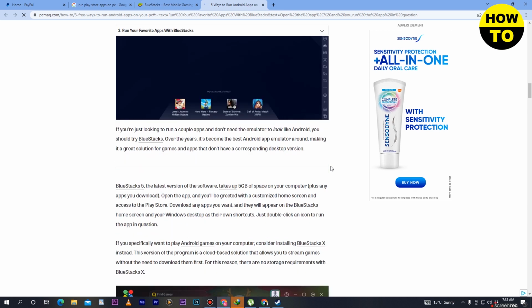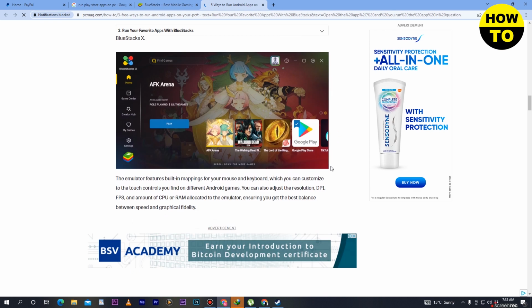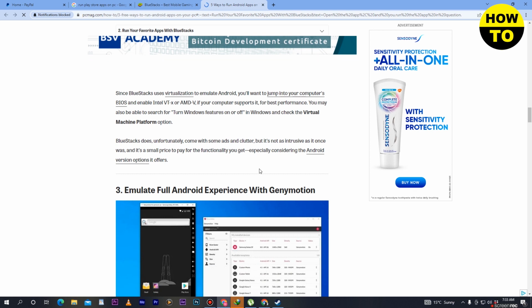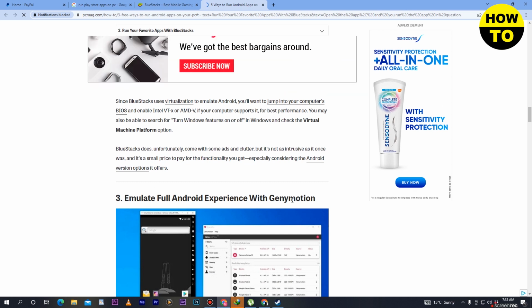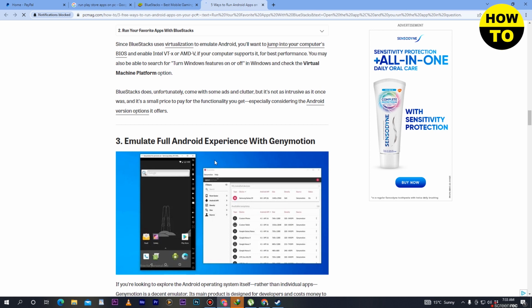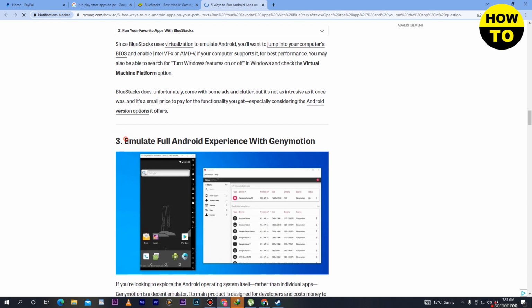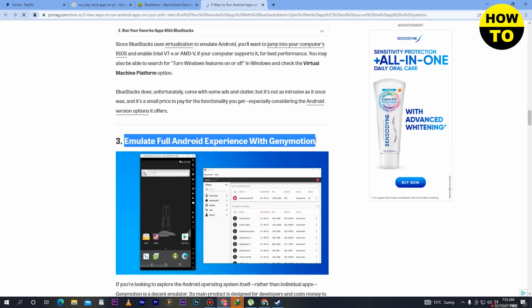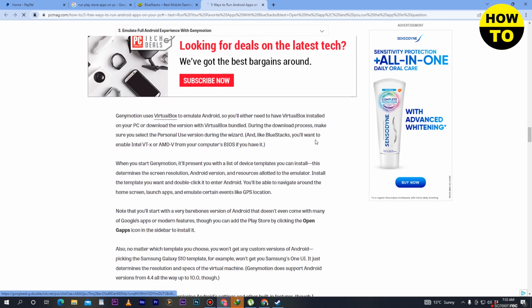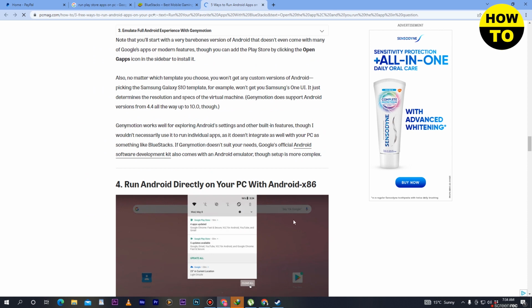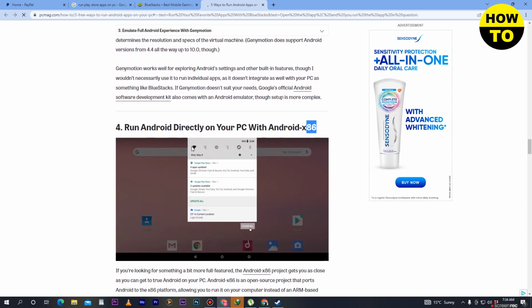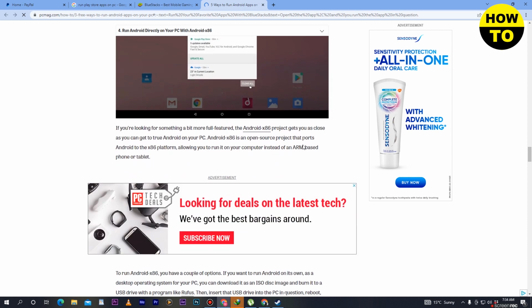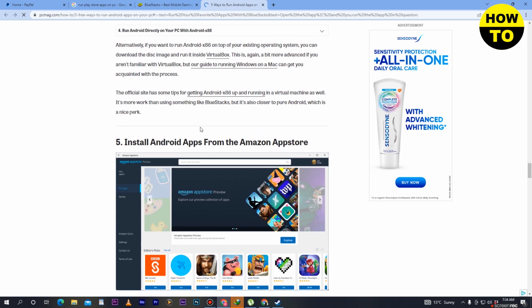After that go to the third one. So here you can see emulate full Android experience with Genymotion. So simply you can also download this software to run applications in your cell phone. On number 4, run Android directly on your PC with Android x86. So this is another method where you have to download this software in your laptop, install Android apps from the